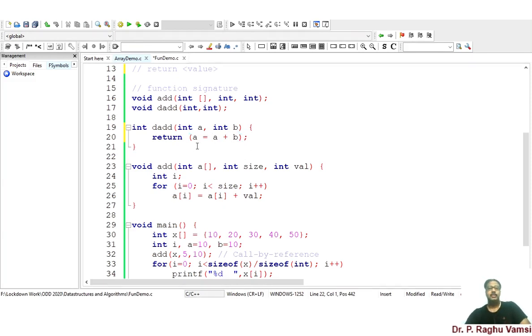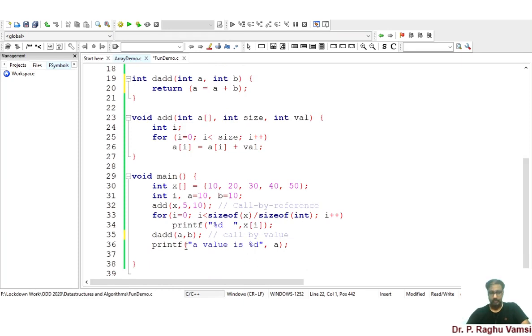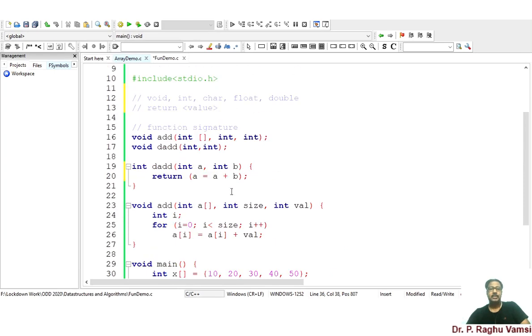So that means this particular value is returning this one. Now I will do a small modification in this. Here in printf, the value is directly calling the function. That means this entire function is resulting in a = a + b, so the integer value will finally be returned back.